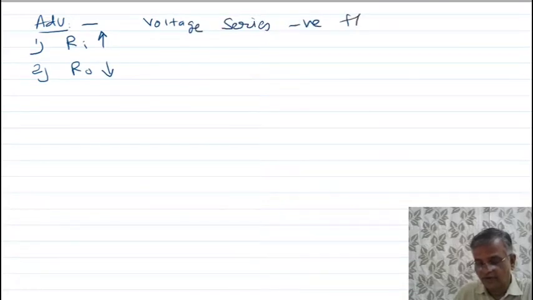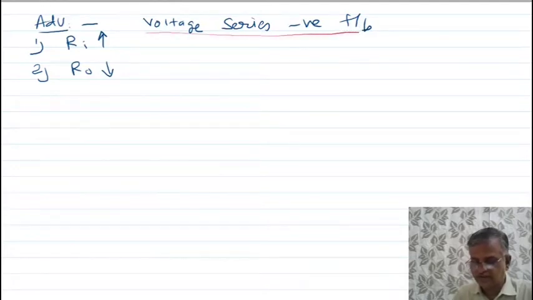negative feedback. Already we have discussed there are two types of feedback, positive feedback and negative feedback. Again it is classified as current feedback and voltage feedback. In more detail, it is classified as voltage series feedback, voltage shunt feedback, current series feedback, current shunt feedback. Whatever list of advantages I am making for negative feedback is only for voltage series feedback. First, input resistance increases.